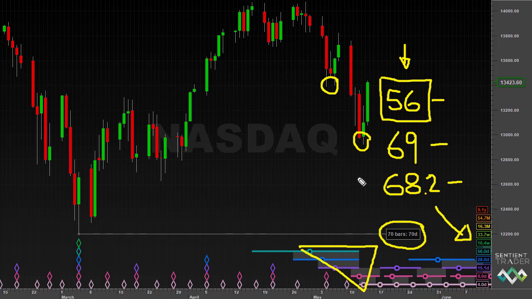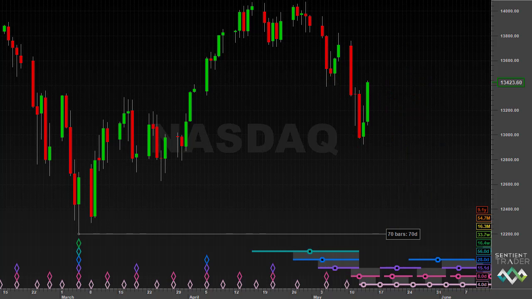Now, in my opinion, it is impossible to say with absolute 100% certainty that a trough is going to occur on a particular day. I know there are some people who like to do that. I'm not one of them. I take the approach that we have an expectation for when a trough is likely to form, and then we wait for a confirmation. So how do we confirm that a trough has formed?